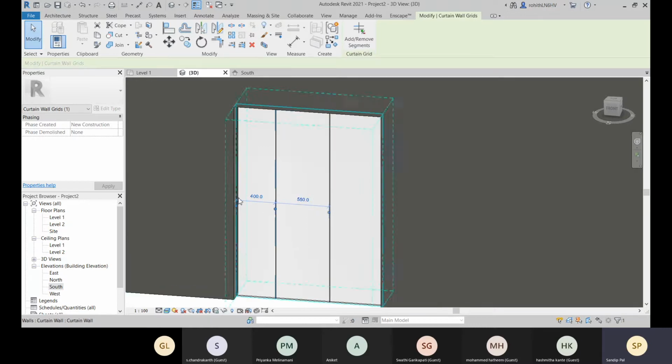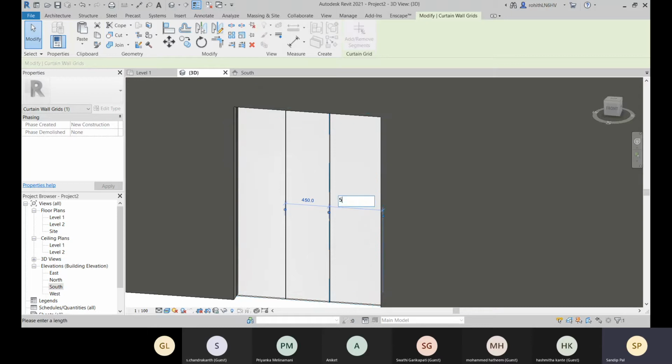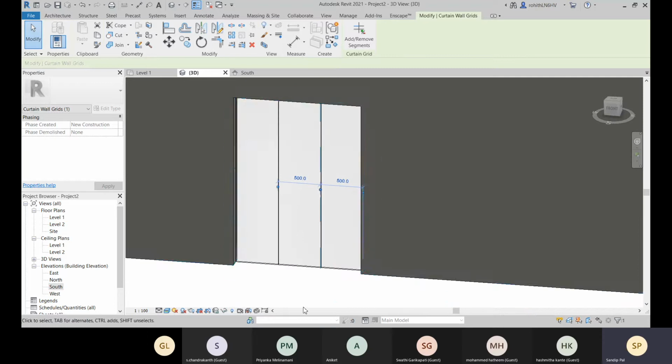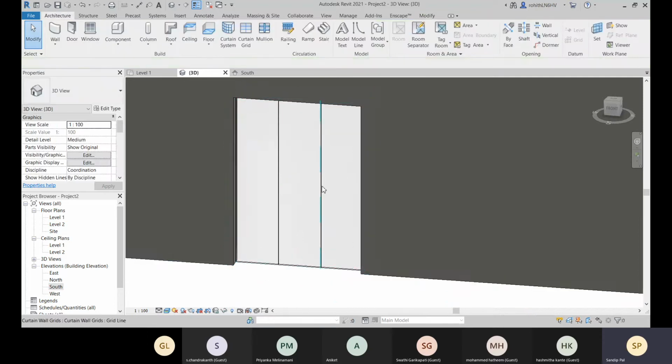It's showing you the dimension. So if you need to change the dimension over there, like 500. All right, now let me change it here, and here let me make it 500. That is equally placed.